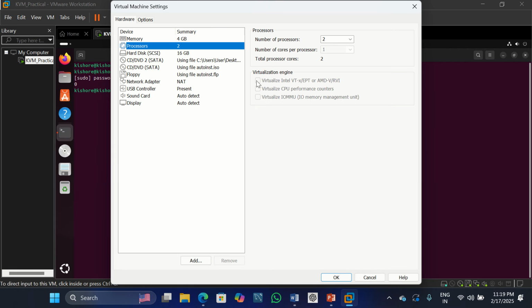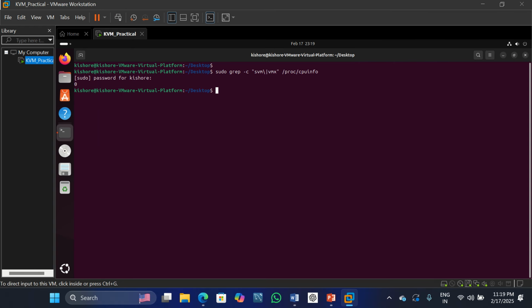processor we have to check this virtualize Intel VT, but in most of the cases it doesn't work. For now it is not that much important. If it works in your system, then okay. If not, still okay, we can continue ahead. KVM -OK,